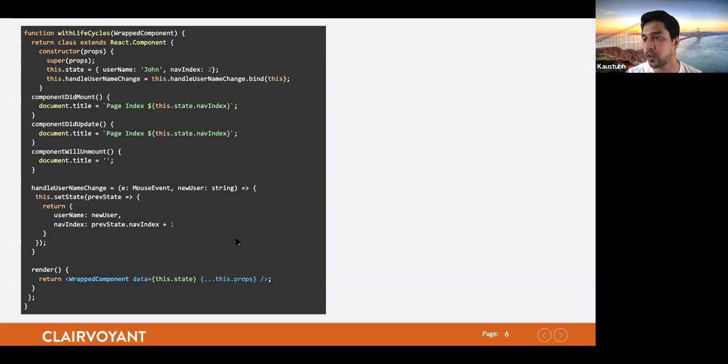Once we are done with all the common code for reusability purposes, we return the wrapped component, which we got from the parameter, and pass it to the render method so that it gets rendered. So this is going to help us reuse some of these components.